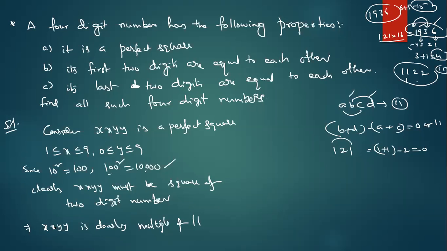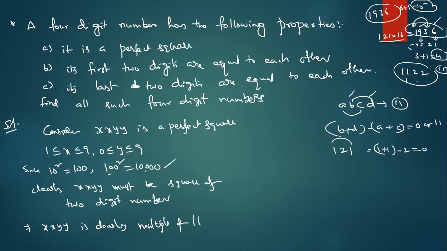Test of divisibility rule. I will give it. Check it. That is the rule. How do you know whether a number is divisible by 11 or not? The sum of the digits in even places minus the sum of the digits in odd places must be 0 or a multiple of 11. Then only can we say that it is divisible by 11.